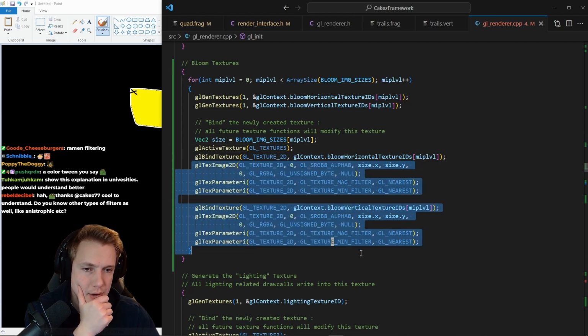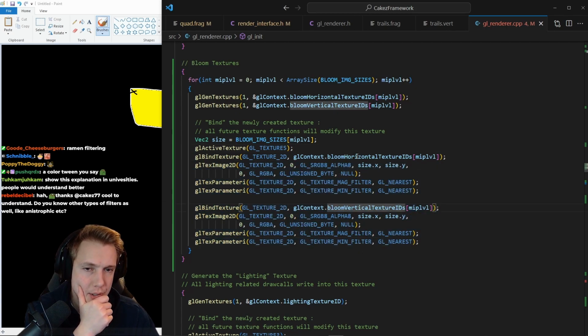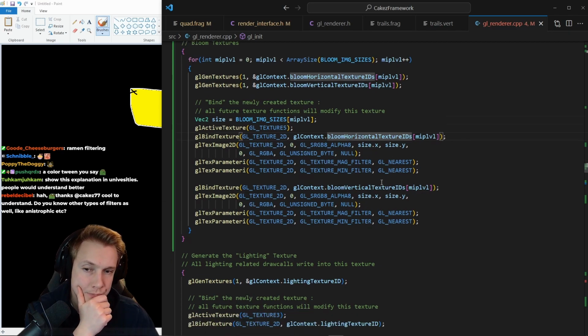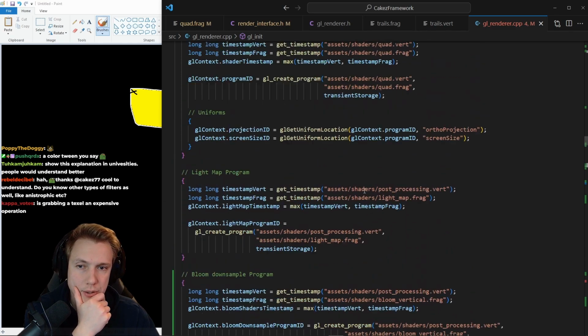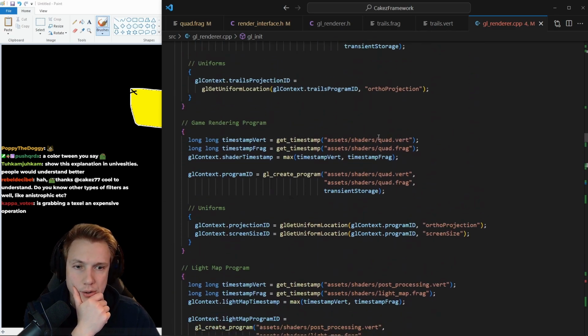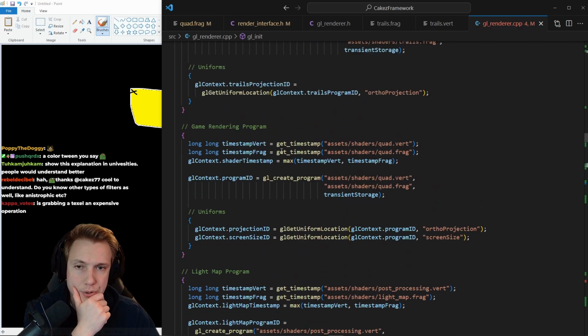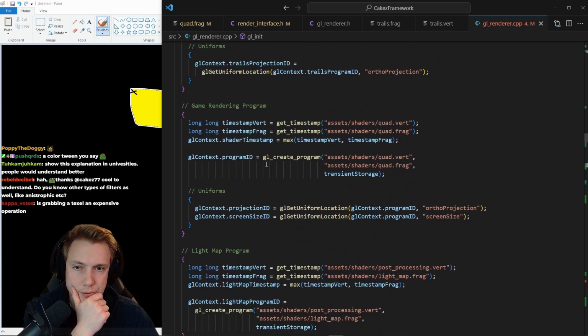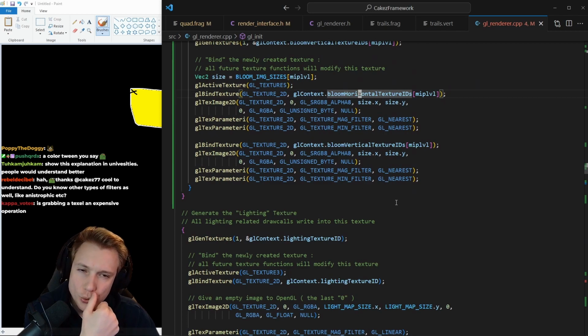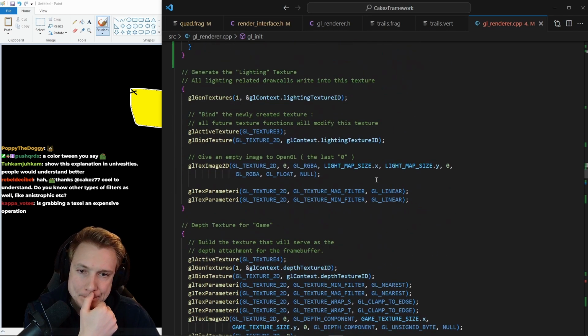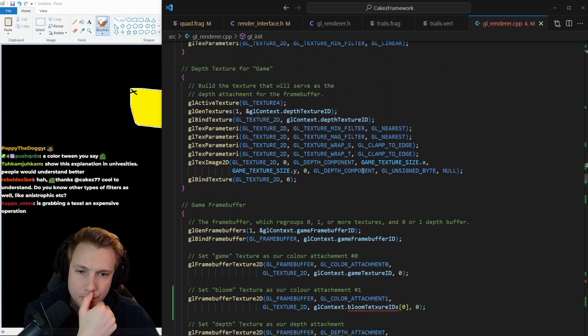So I think we have this correctly now. We have vertical and horizontal bloom textures. And then the frame buffer we create above, I think, right? This one is correct. And I think the only thing we need to do is